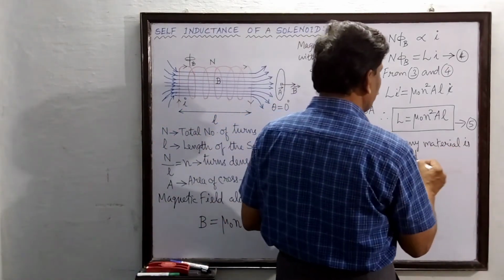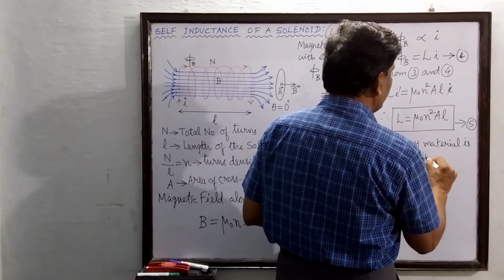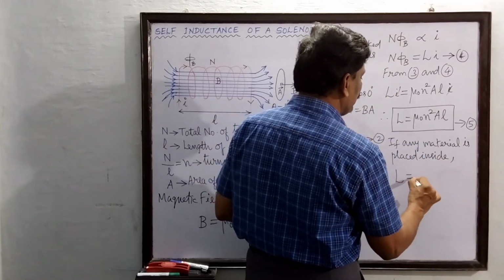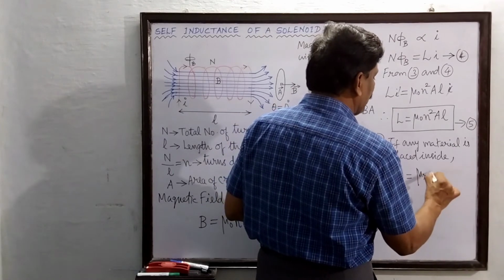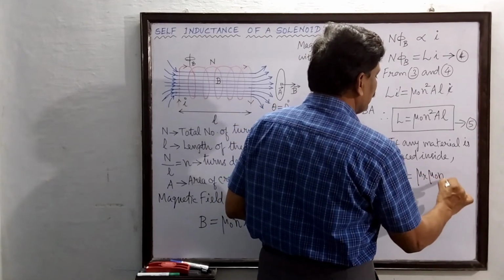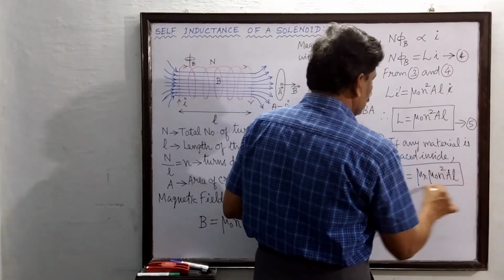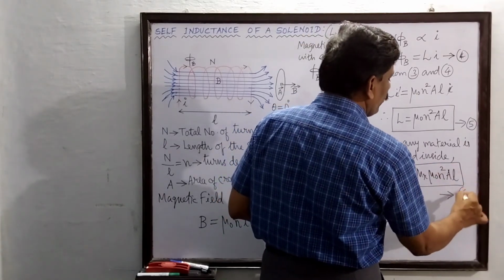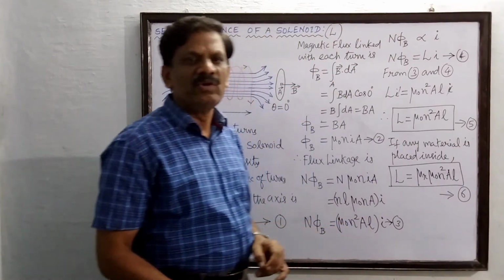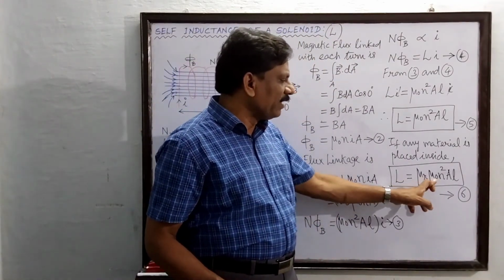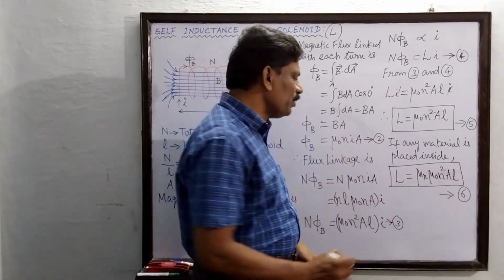So if any material is placed inside the solenoid, then L is now equal to mu R times mu naught n square A L. So this is another equation, for solving numerical problems. So L is also equal to mu R times mu naught n square A into L, where mu R